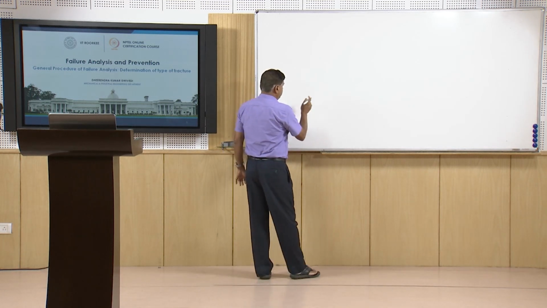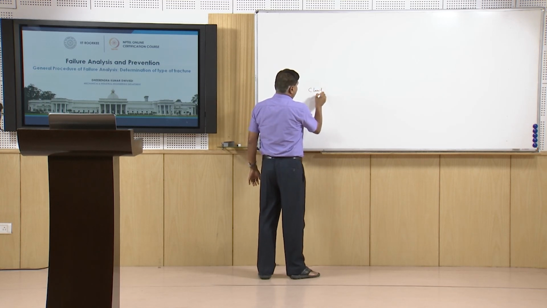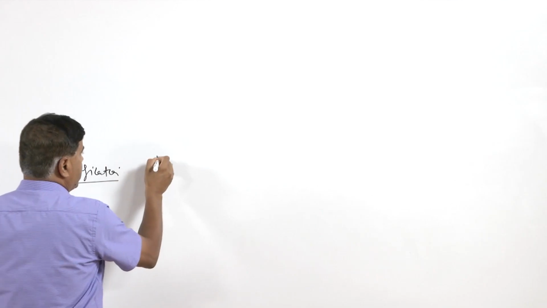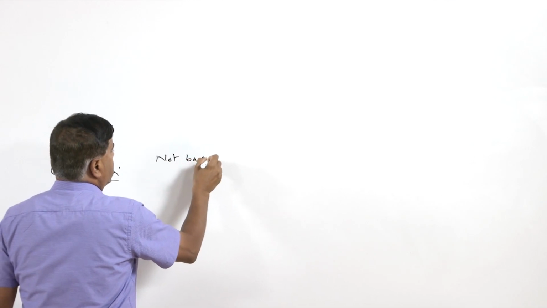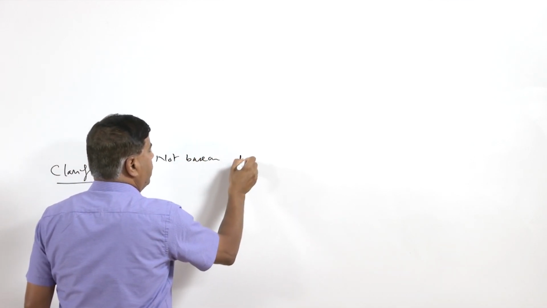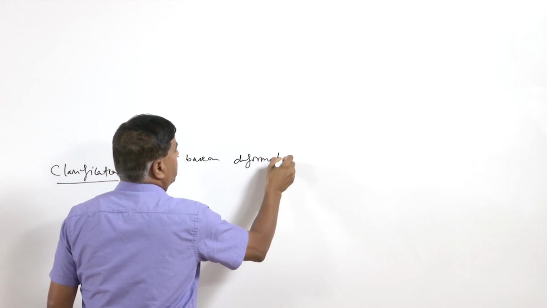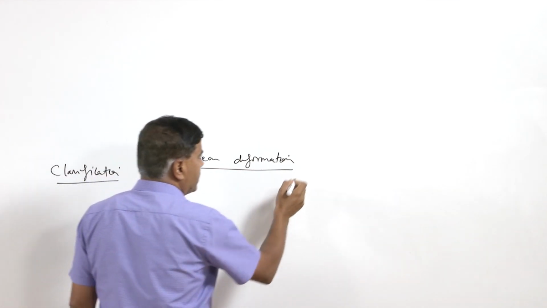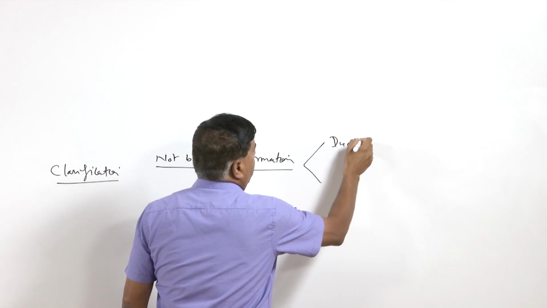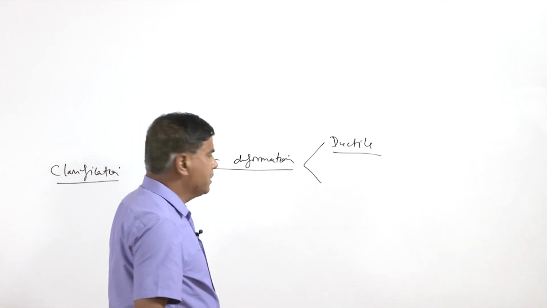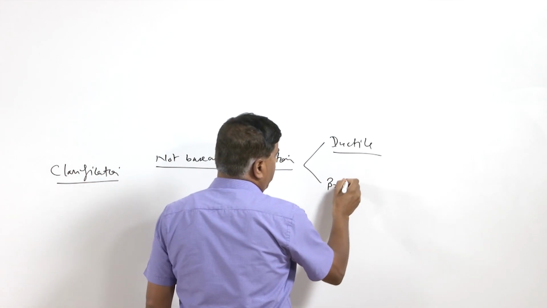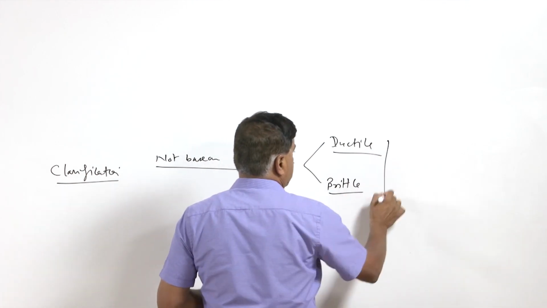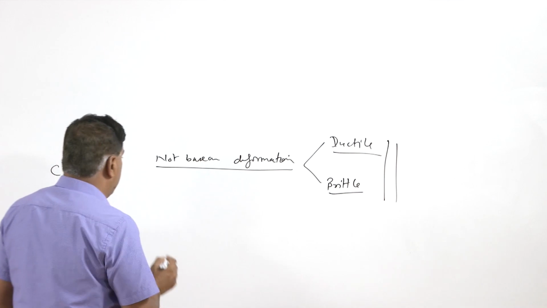So basically the grouping or the classification to determine the type of the fracture is not based on the kind of macroscopic deformation which has taken place. The classification is not based on the deformation, because a ductile fracture indicates a lot of deformation prior to the fracture, while brittle fractures show limited deformation prior to the fracture. So this is one thing, but